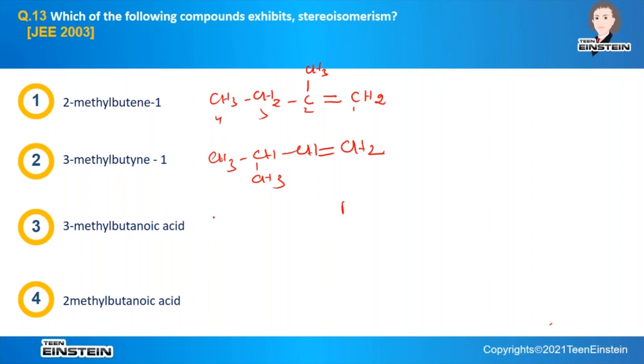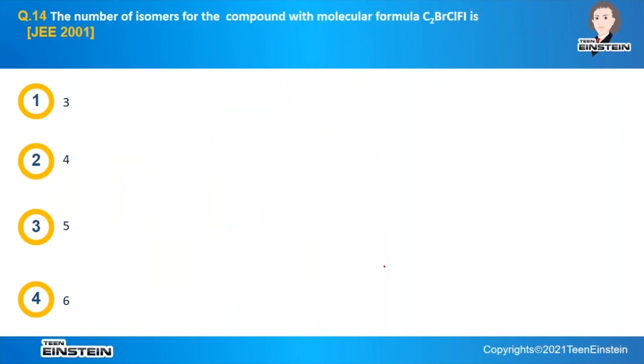The structure of the third compound, 3-methyl butanoic acid, is CH3, CH3, here CH2, here COOH. So the fourth structure is 2-methyl butanoic acid, CH3, CH2, here CH, CH3, COOH. Among all the structures,